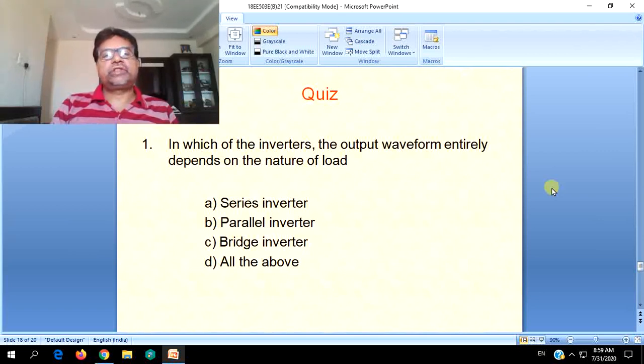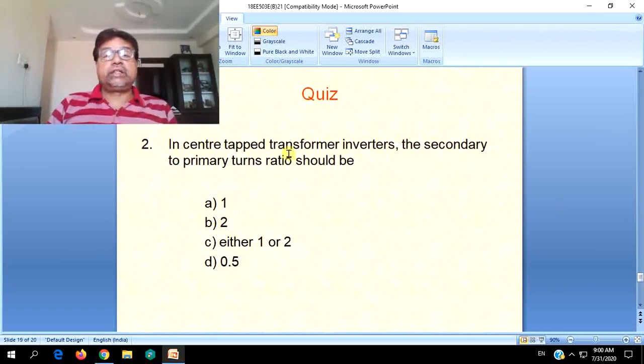Time for a quiz. In which type of inverters does the output waveform entirely depend on the nature of load? Parallel inverter. In a parallel inverter, the output waveform entirely depends on the nature of load, that is, inductive or resistive or likewise. In a center tap transformer inverter, that is a parallel inverter, may it be a simple inverter or a parallel inverter with feedback diodes,